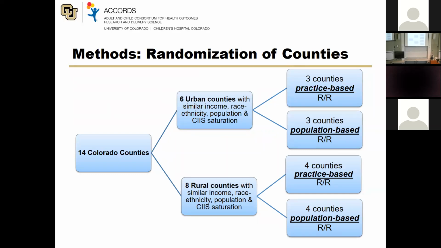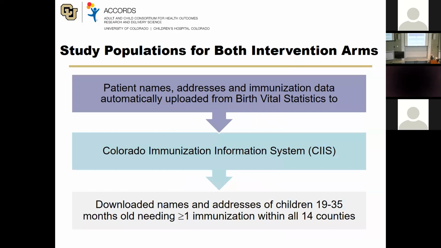Why didn't we? Well, we're in one state, but also we had to exclude some counties because in some counties there were already centralized approaches going on, or the counties were frontier counties. The population was so sparse that they were not generalizable to other kinds of counties. And then there was Boulder, and I need to say no more. So we had to exclude certain counties. So here's our scheme. We stratified and then did this covariate constrained randomization that Miriam's going to go into.